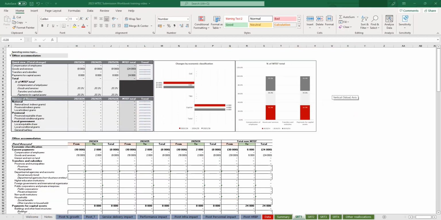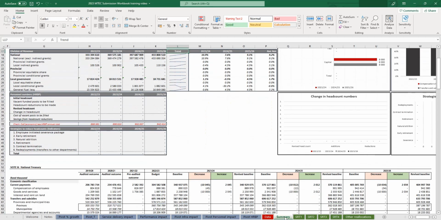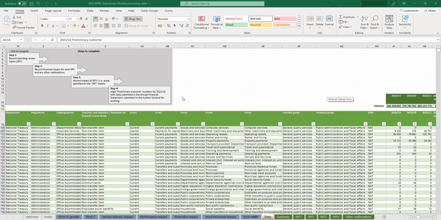So all 4 of the SRT sheets, as well as the other reallocation sheet, are in exactly the same format, and the sum of these sheets are combined into the summary sheet here. This summary sheet can be submitted to us, and at the bottom it's got a space for the financial officer to sign. Going back to the data sheet, the final step in completing this workbook is to align the preliminary